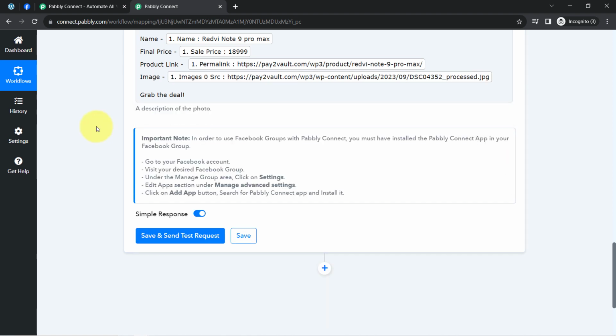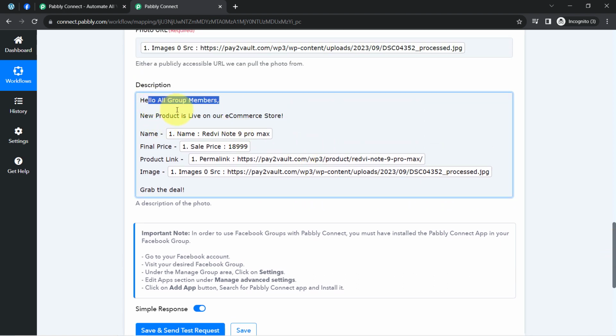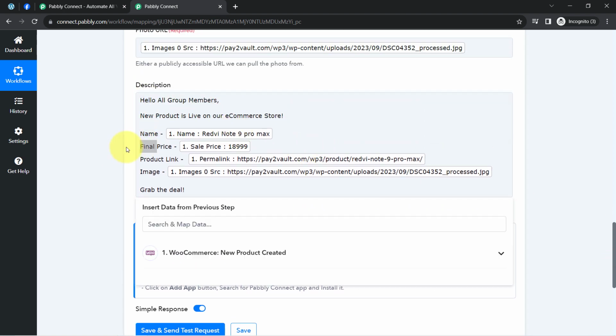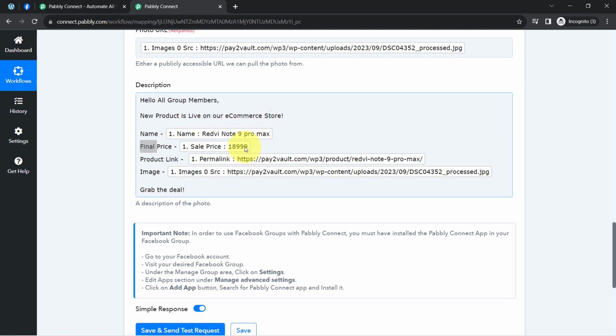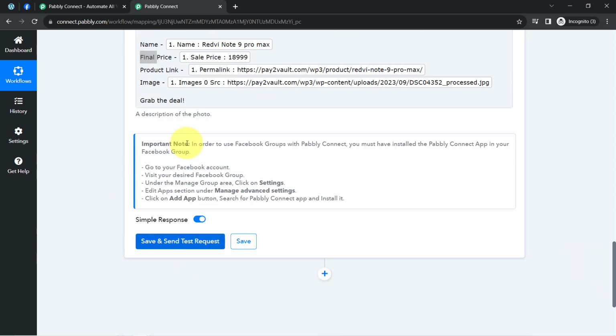Alright, so I have added all the details, and again I am telling you, the details which I have provided manually will remain the same, and the details which I have mapped will be changed automatically. Okay, so I have provided all the details, but before I click on this button here, an important note is given. In order to use Facebook groups with Pabbly Connect, you must have installed this Pabbly Connect app in your